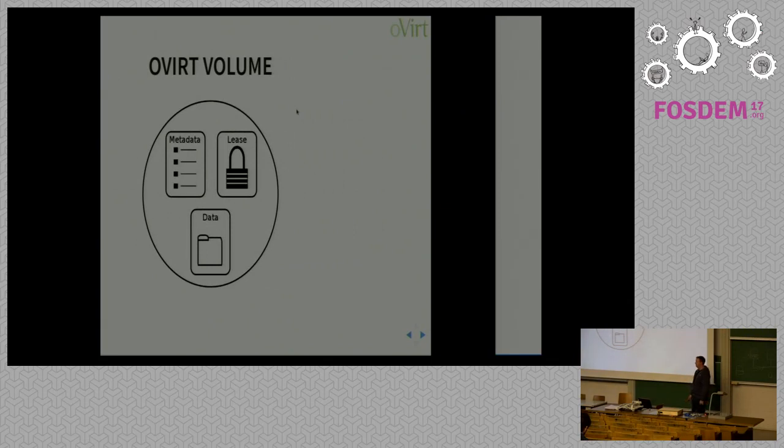So for the purposes of today's presentation, we'll really be working at the volume level. So it's important to understand what oVirt thinks a volume is. In this case, we have the obvious component, which is the data area. And this is the block device or the file out on the storage that we're actually initializing as the data area, whether it be a raw volume or a QCOW2 volume. Okay, so that one's pretty easy.